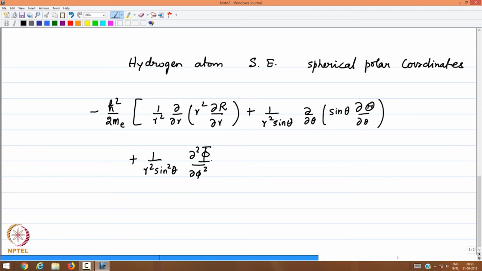This is the azimuthal angle, which is the other angular coordinate in the spherical system. All of this was kinetic energy, and then we had the potential energy term minus Z e square over 4 pi epsilon naught r plus E